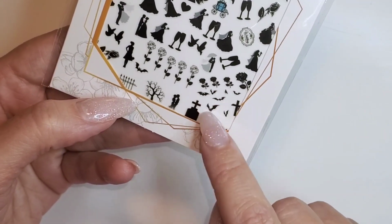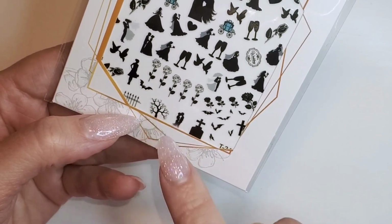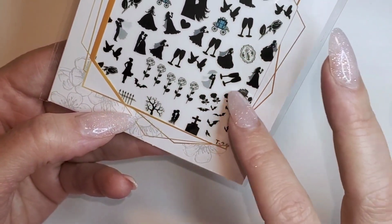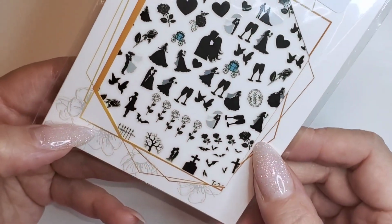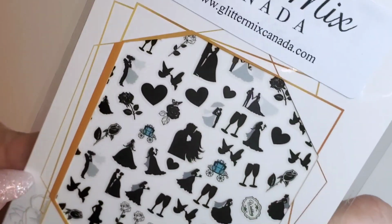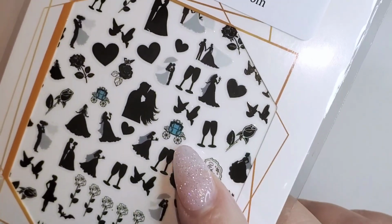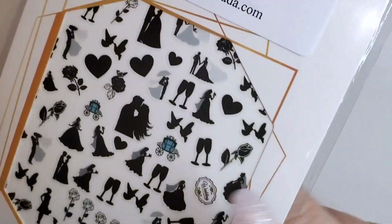We've got bats. We've got a little creepy kind of tree. So I'm not sure why they decided to do that when they made these decals, but double duty. Or if you're doing maybe Cinderella, there looks like a Cinderella type of little decal here. There's the carriage. Okay, you guys, these are super cute. But the floral ones, ooh, so exciting. All right, we have 2 more things to go, and that is